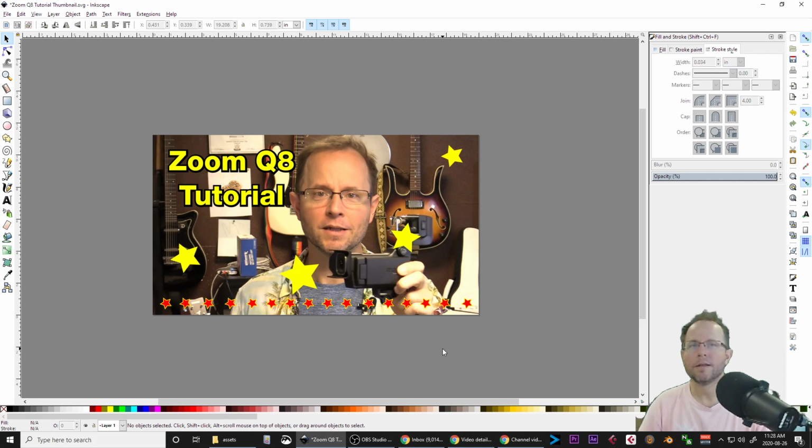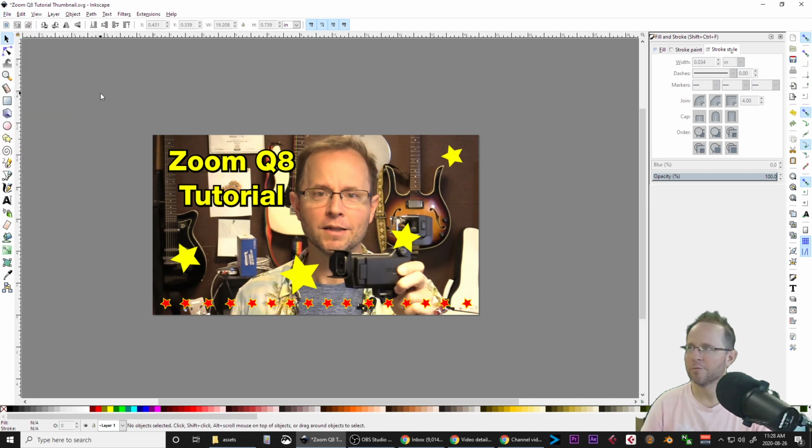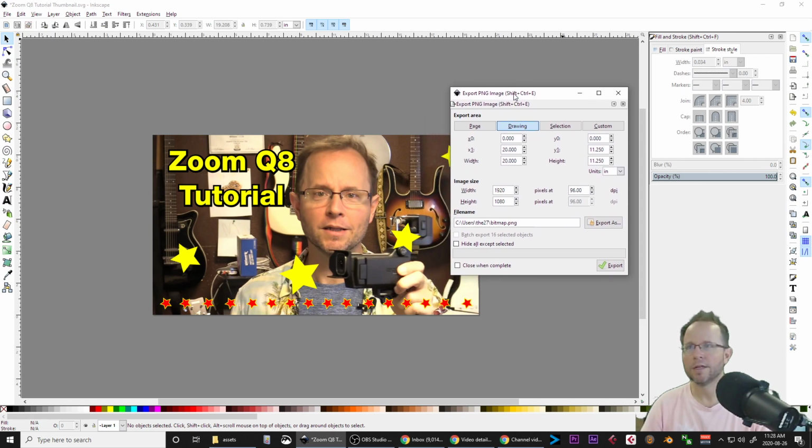Well, if I'm going to export it as a PNG, I can hit Shift Control E. I could come up here to my File menu and export a PNG image, or I could save it as, I could do some different stuff, but usually a PNG is going to work fine. So whenever I hit Save Export PNG Image, I'm going to get this window. And it tells you the shortcut in case you ever close it and you want to